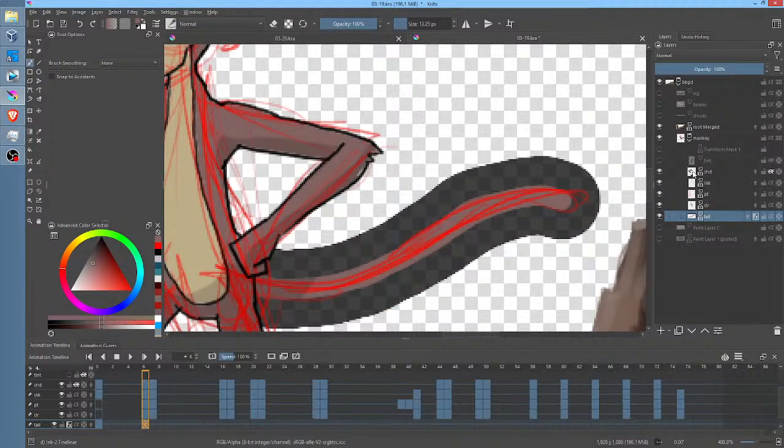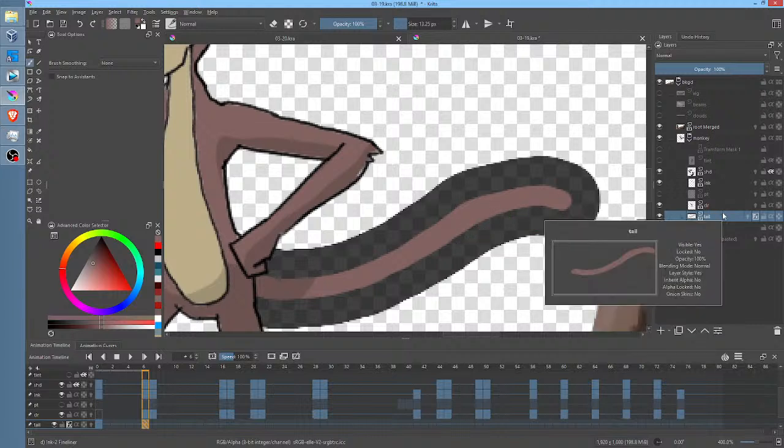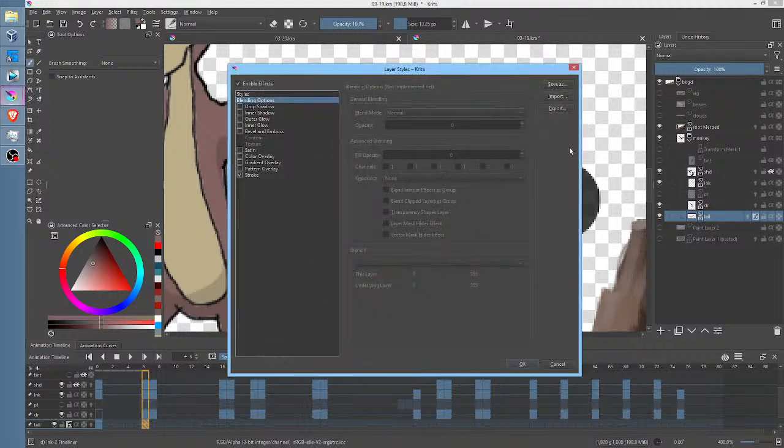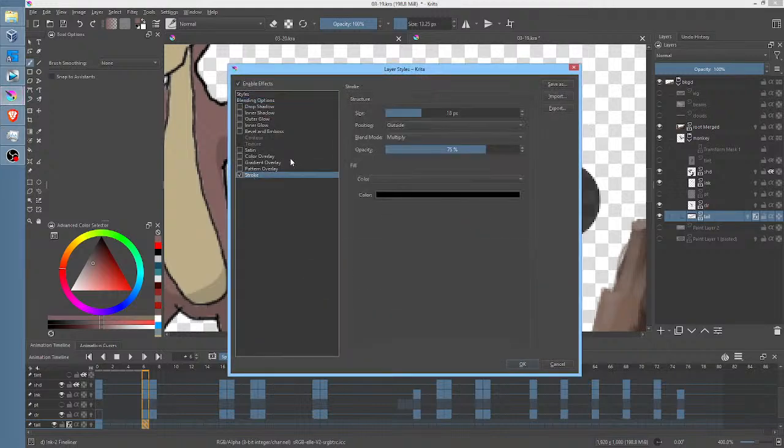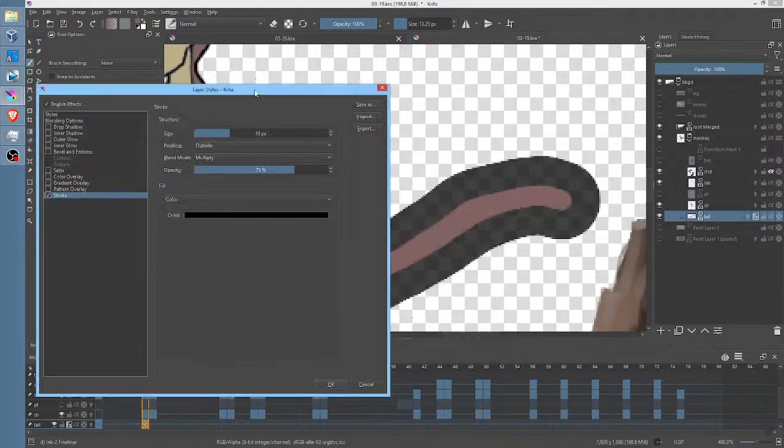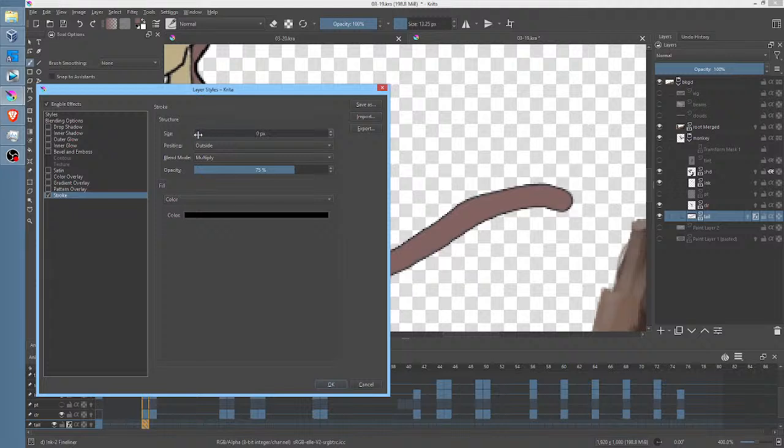Yep. Okay. So now let's turn the pencil test back off so we can see what we're doing. So you can see it's got this ridiculous big stroke around it, right? Now at any time, you can right mouse click, go to layer style, and for some reason, I guess because it's a render effect, it doesn't show up when you've got the layer soloed. So no big deal. So I'm just going to turn the stroke down to 1 or maybe, probably should be 2 pixels. That feels a little small. Let's crank this up. Yes, there we go.